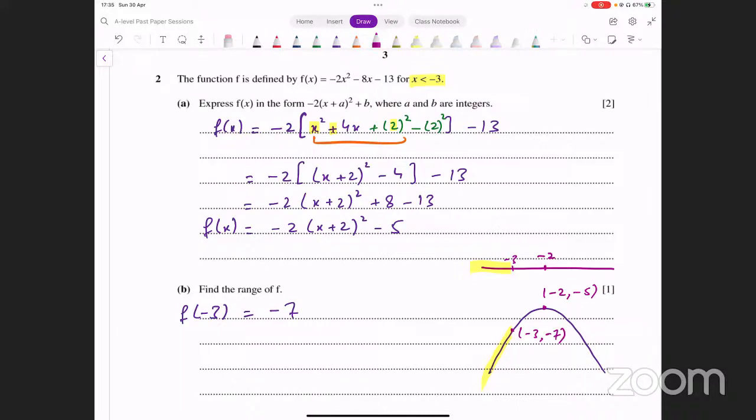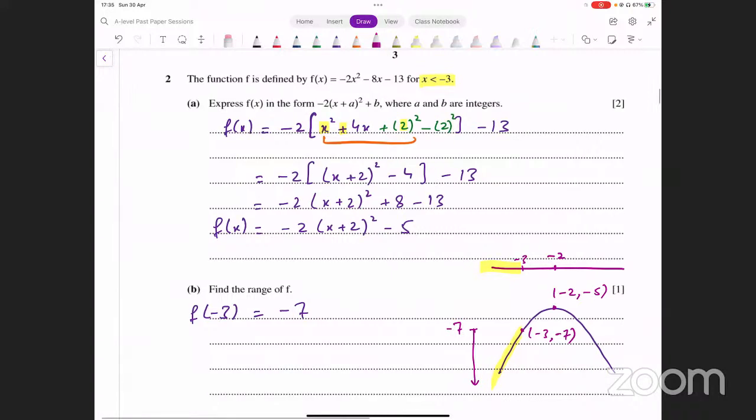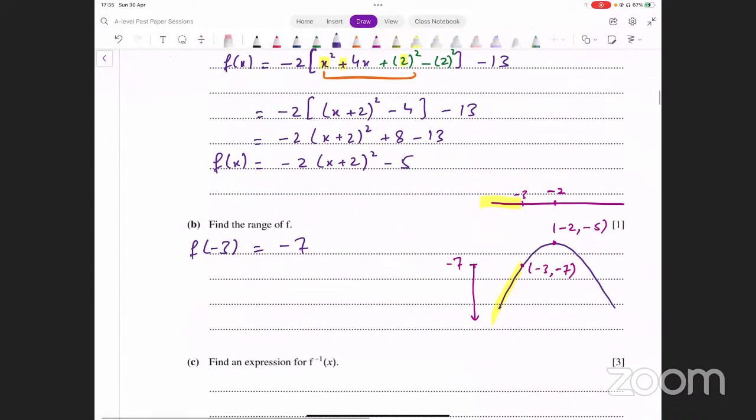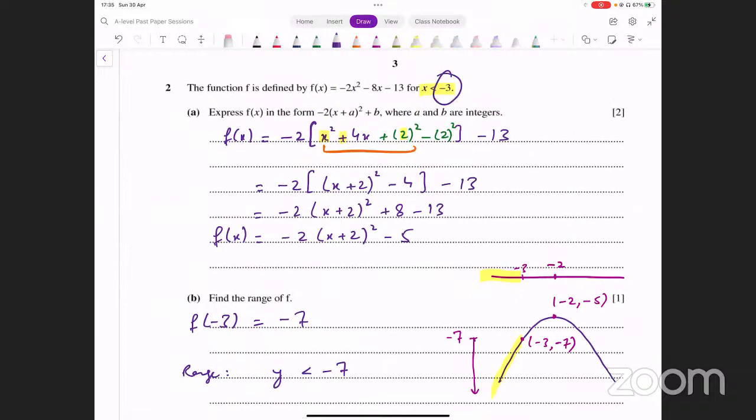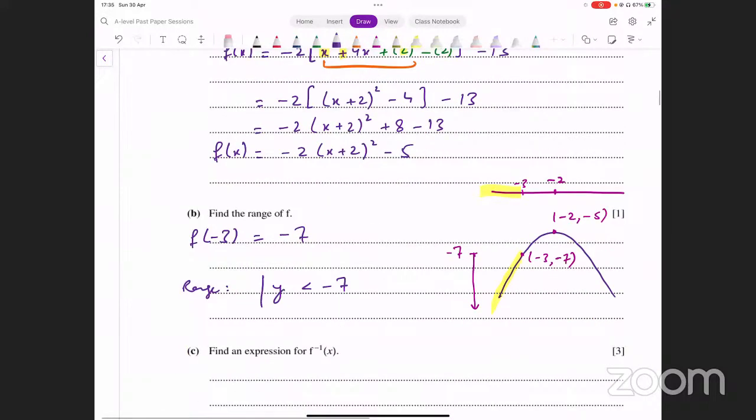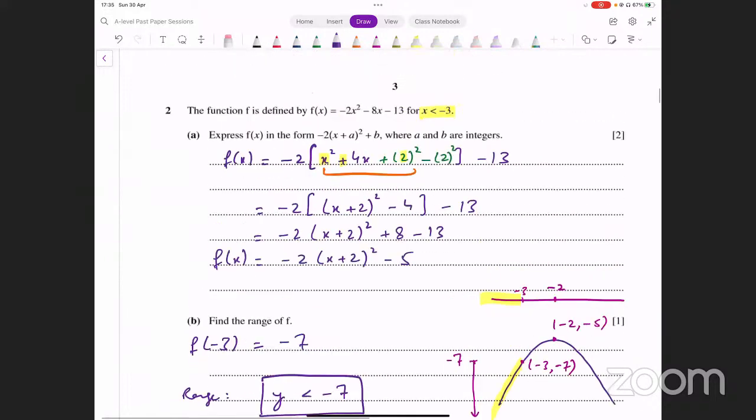इसका मतलब ये हुआ है, जो पॉइंट आ रहा है that is -3, -7। तो vertically what is going to be the range now? It's going to be everything less than -7. -7 से नीचे वाला part is relevant, so we say the range therefore is y less than -7। उसमें -3 के साथ equal to नहीं डाला हुआ था, तो हम -7 के साथ भी equal to नहीं डालेंगे। ठीक है, ये ऐसे लिखेंगे y less than -7। That's the range that we were looking for।